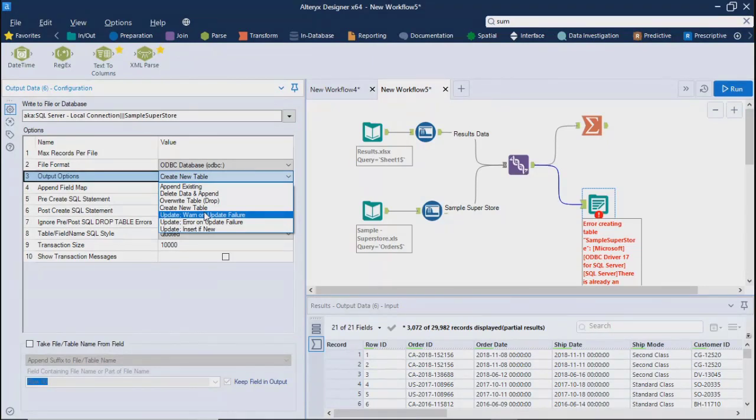Which means it is not going to insert a new record. It will look for the existing record and then update the data if there is any difference in the row, right? So that's why update is used. So over here, I'll just use our first option, append existing, and we'll try to run this once again.